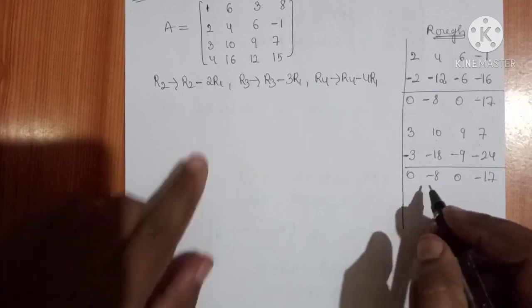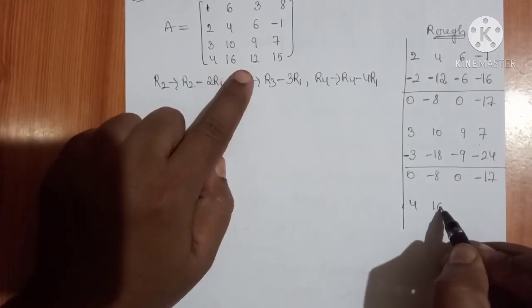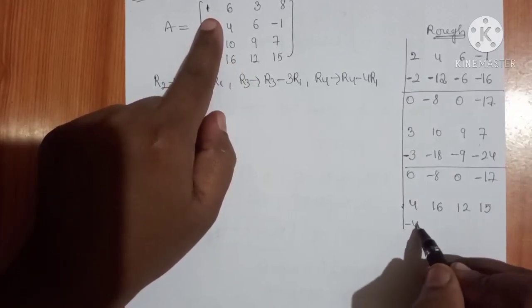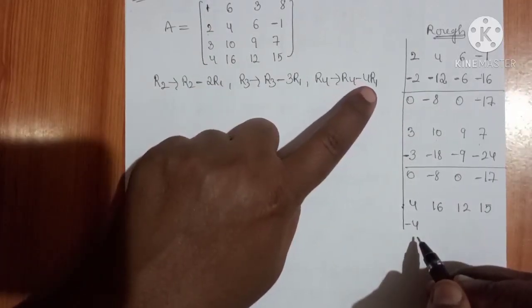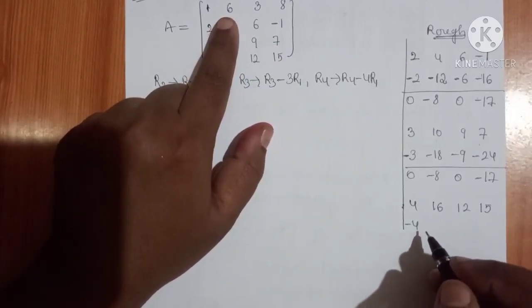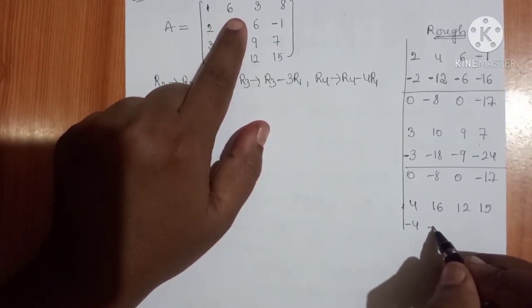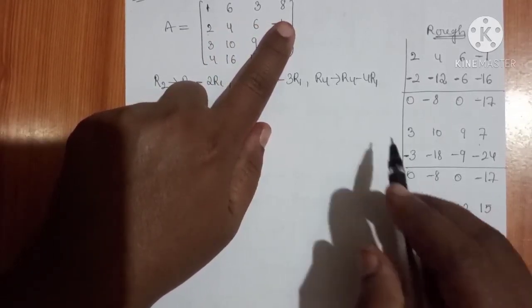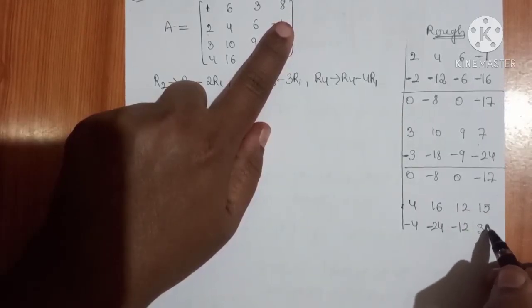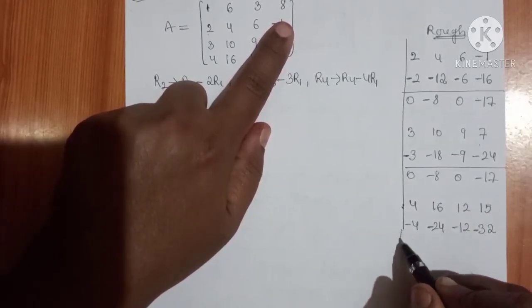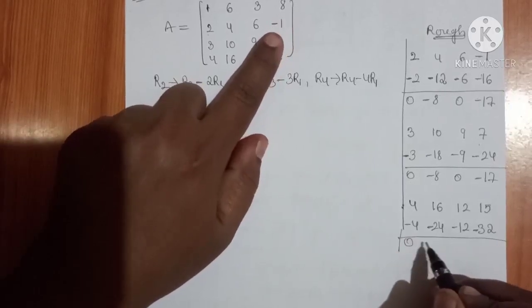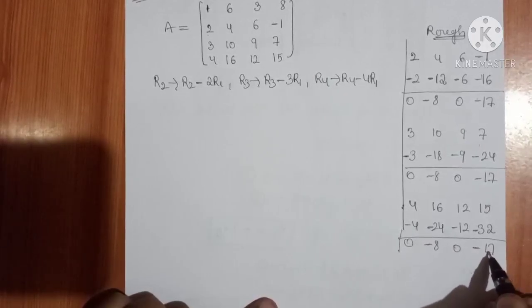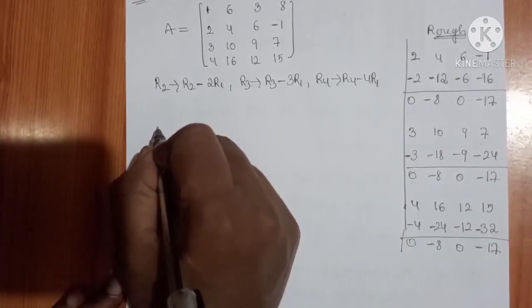Next, 4 16 12 15. 1 into 4 equals minus 4, this operation. Minus 4 into R1 is equal to 1 into 4, which is minus 4. 6 into 4 minus 24 minus 12. 8 into 4 equals 32, so the sign is minus 32. 0 minus 8 0 minus 17. Okay, thus A is equivalent to